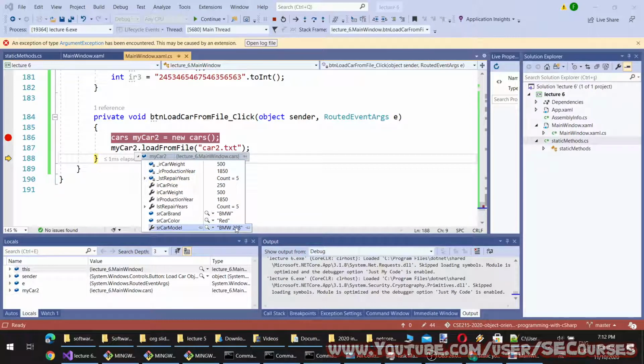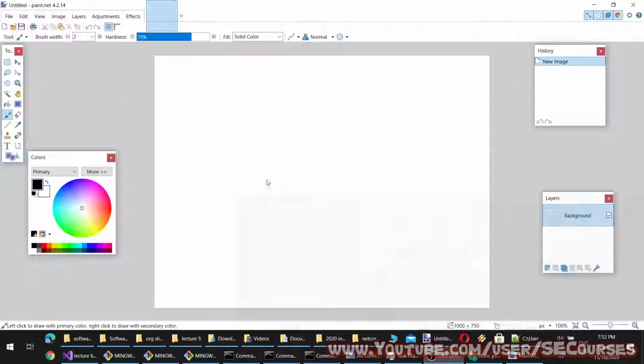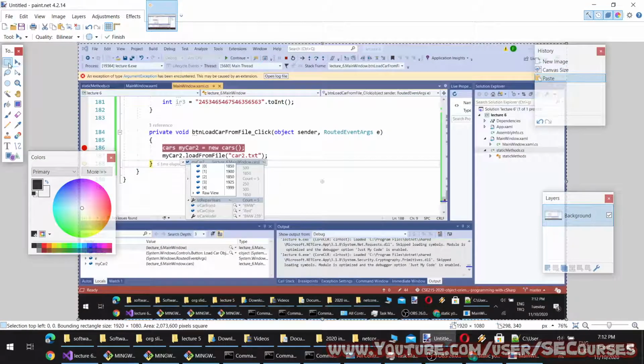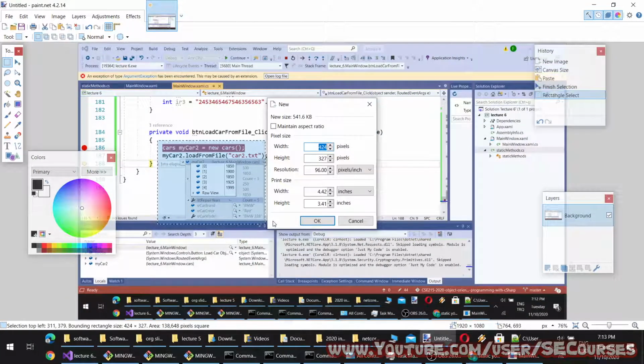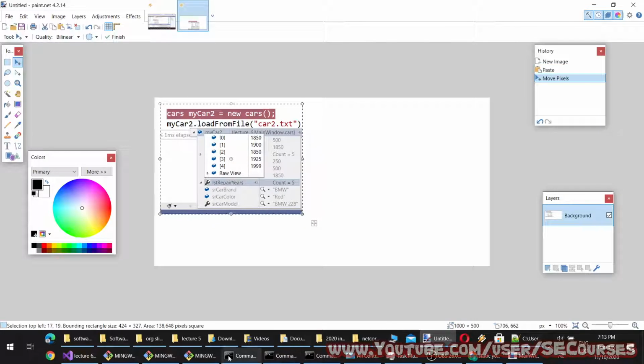And when I hover my mouse, you see this is my object loaded from file. Let's take a screenshot of this so we can compare. Okay, I'm opening paint.net. So this is the one loaded from text.